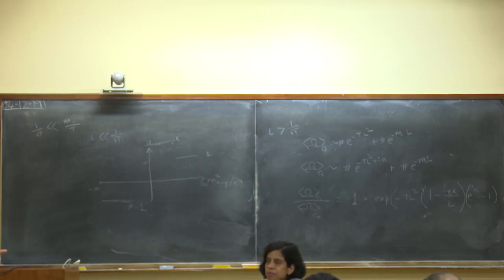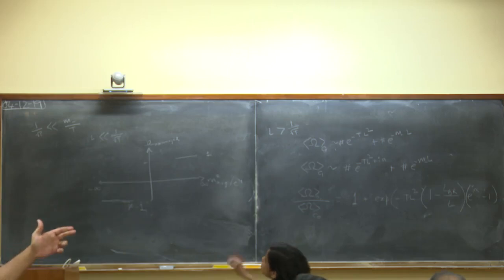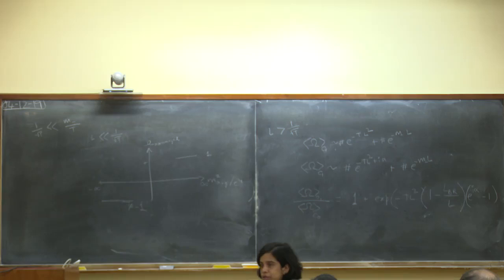But the fact that you're using the fact that the derivative is zero, I don't think that matters. The thing that really is going to matter is that this L is bigger than the screening length in the problem. Okay. Yes, so it's 1 up to corrections that are exponentially suppressed in some length scales that I don't care about, as long as that length scale is small.